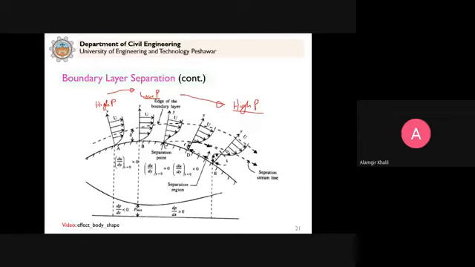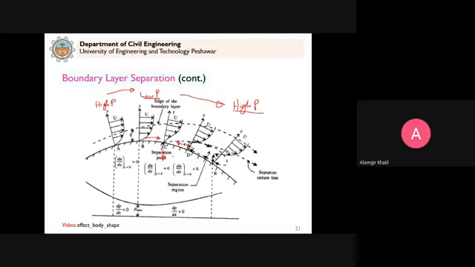Because the velocity gradient is now negative, it means that the fluid is now moving actually in this direction. And for B to C, it is moving in this direction. So now when this fluid reaches here, point C, and this fluid reaches here,